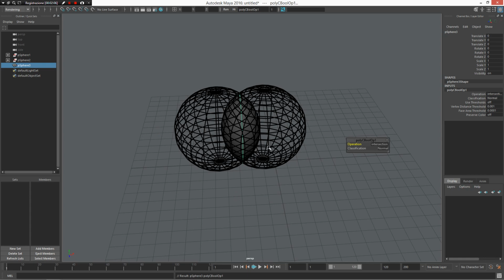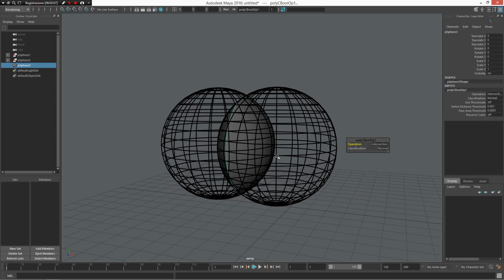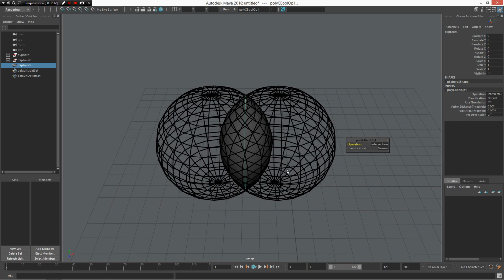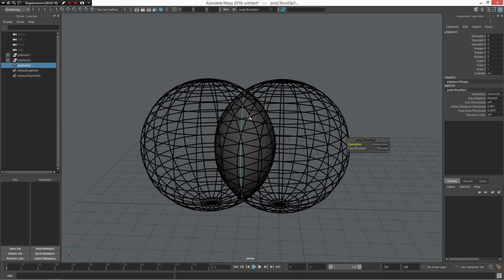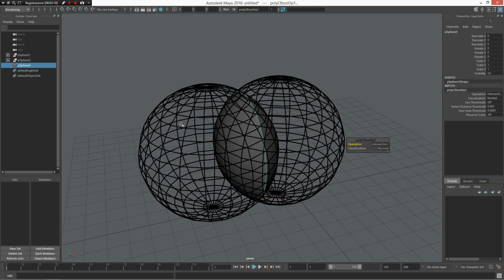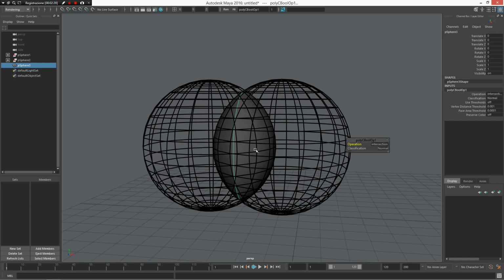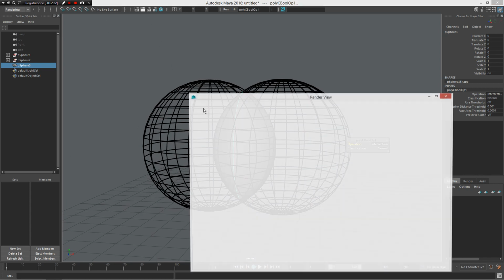It's a very fast, contextual way to do that, but the result is a little bit different. You can see I have the original geometry inside of this wireframe object, intersected, and from here I can of course create a render.